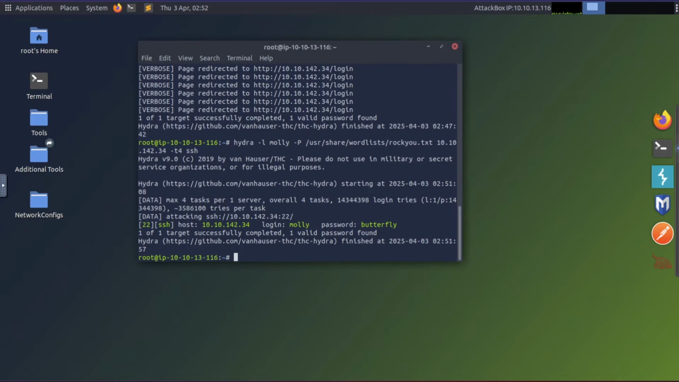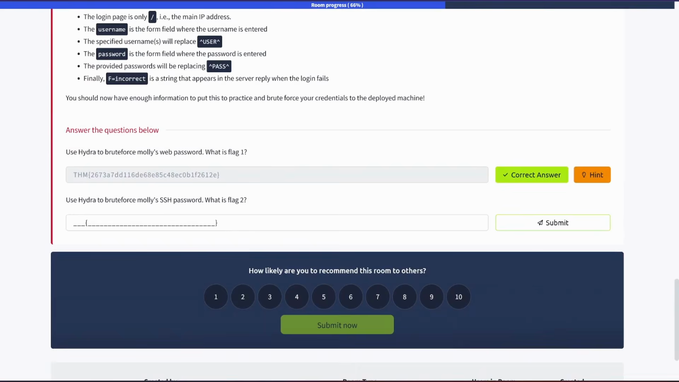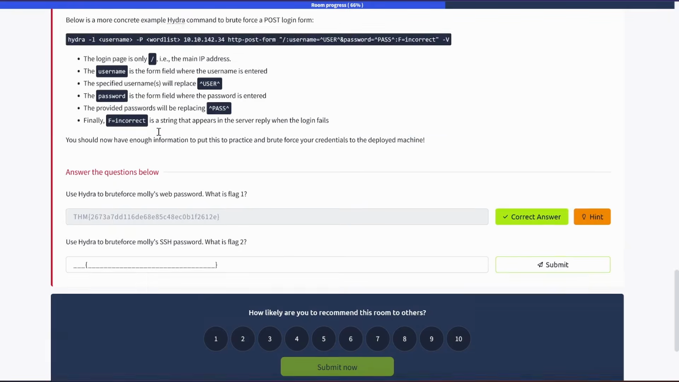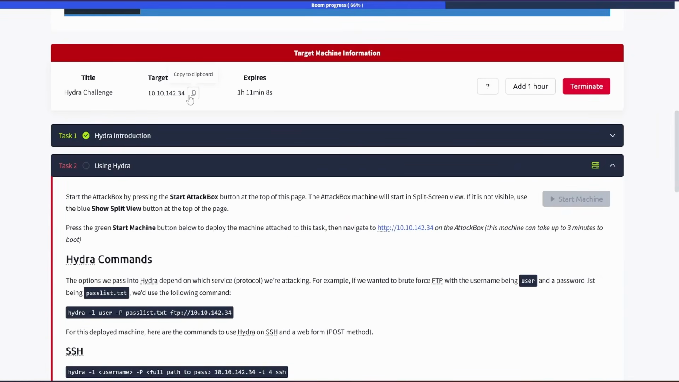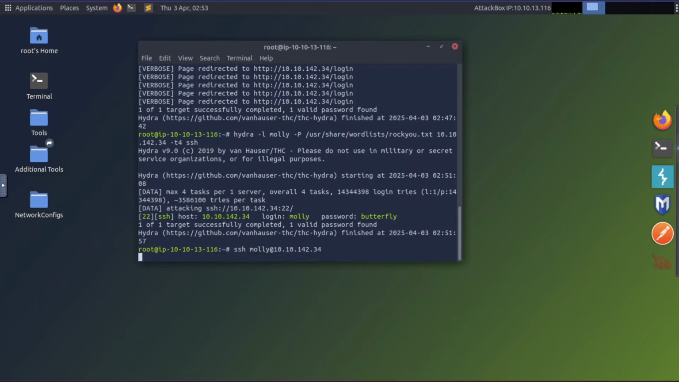So now, let me go back down here. They want us to log in and find flag 2. So now I can do SSH molly at, and this is where I have to put the IP address. So I'm going to copy that to clipboard and paste that. So this is for SSH. I'm not going to explain this one too much. Hopefully you know a bit about SSH, but this is just the syntax to actually try and log into SSH. So it's SSH username at, and then you give the IP address